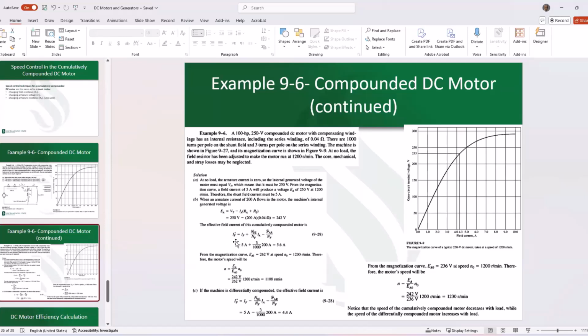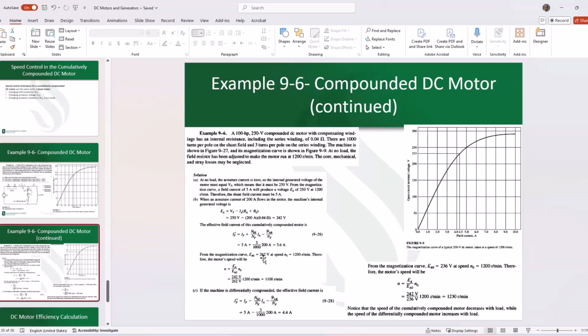But at the same time, we need to calculate the effective IF, or IF star, which would be IF plus NSE over NF, IA minus FAR over NF. This plus sign is because of the cumulatively compounded effect, which gives us an effective 5.6 amps excitation current. Now we go to the magnetization curve,